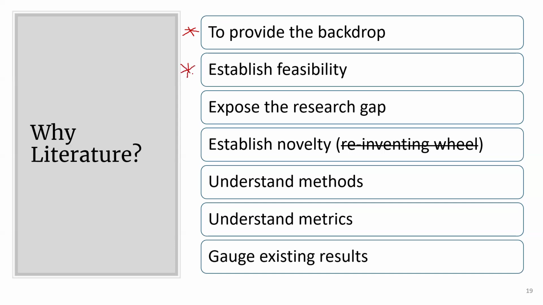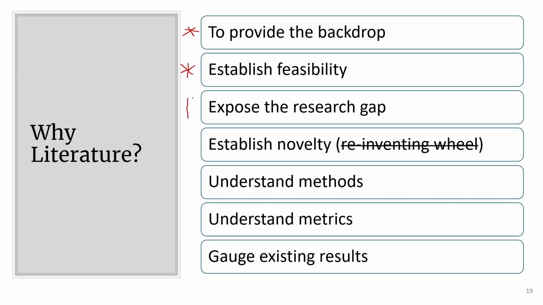And establishing feasibility. What does that mean? So when you take a research problem and when you design an approach, anyone can ask, do you have to actually do this and see whether it can be done? Will you make a mistake? So when these questions come into your mind, you go to the literature and find out how other researchers have done this. And if there's evidence that they have been successful in following the general procedure that you're planning to follow, your life becomes extremely easy. You can establish that your research methodology is feasible.